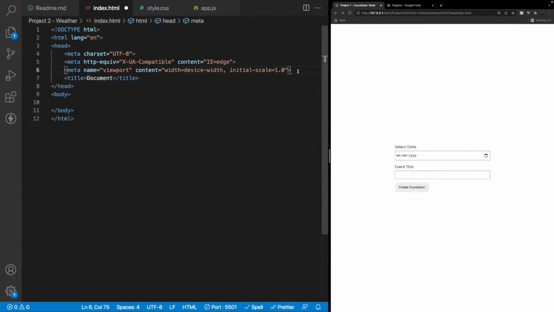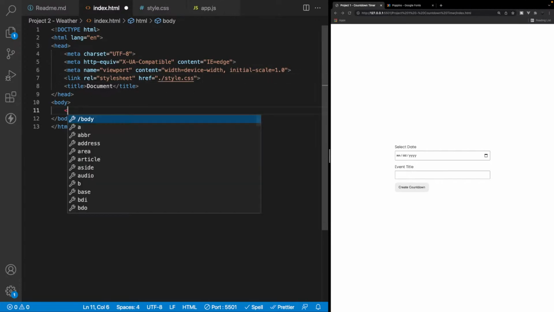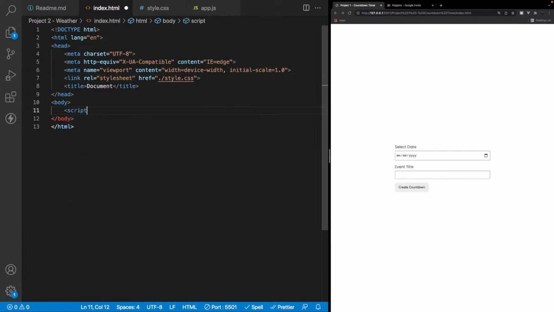And then let's actually link up all of our stuff here first. I forgot to do that last time. So we'll say style.css, and then let's hook up our script tag here. And let's do this a little bit better. So we can say script, and then we'll do our app.js here. Okay, and then we'll say